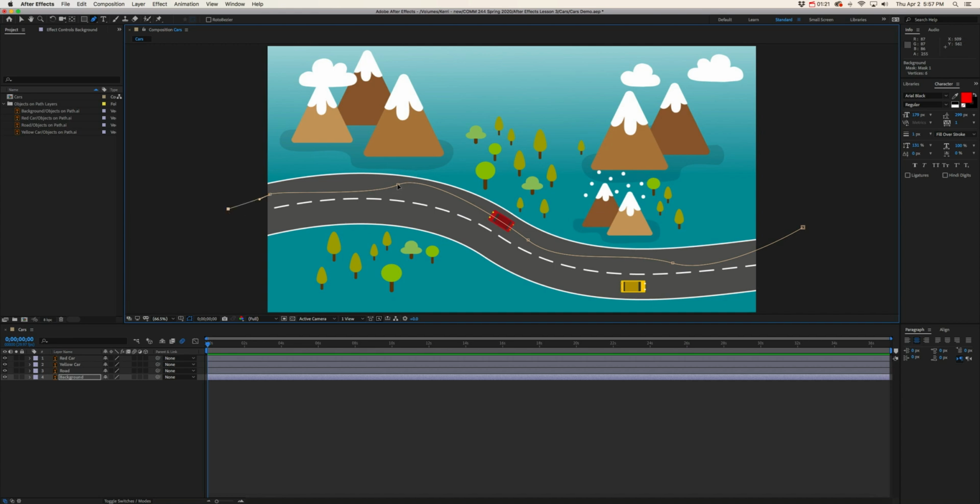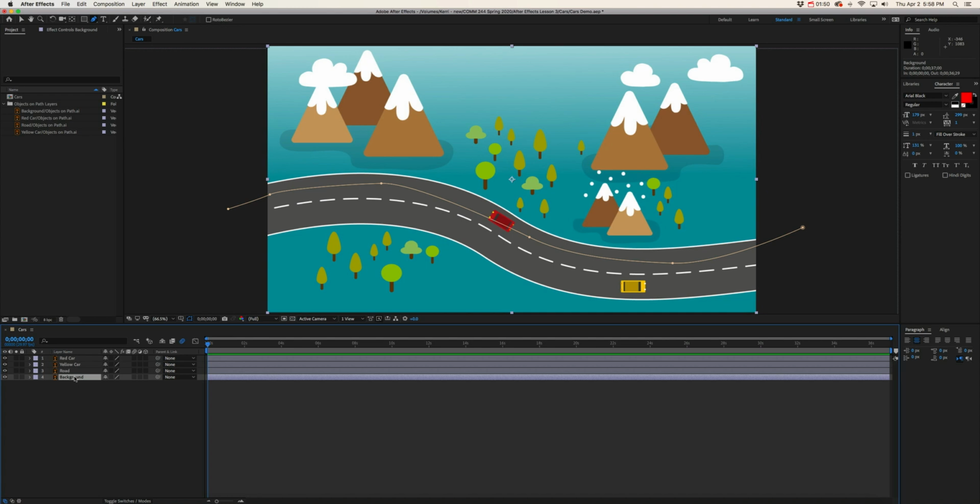Now remember that these points that we made, we can edit them. And once we have a shape that we are happy with, after making our little adjustments, we can go ahead and click on the background layer,